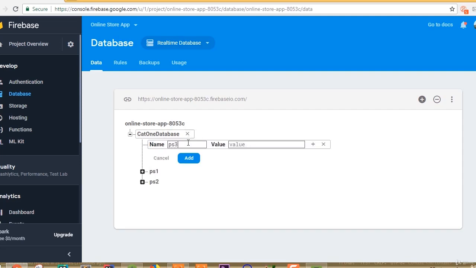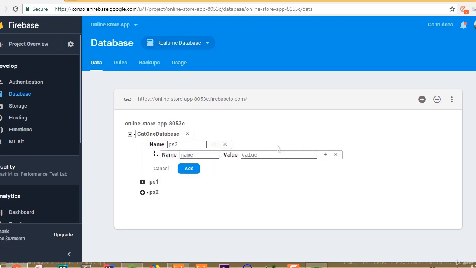Let's add one more post, ps3, add attribute name, make sure that we added same spelling, otherwise it will not work. So title is going to be third post, add description. So description is going to be, this is our